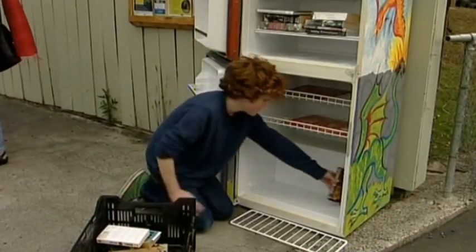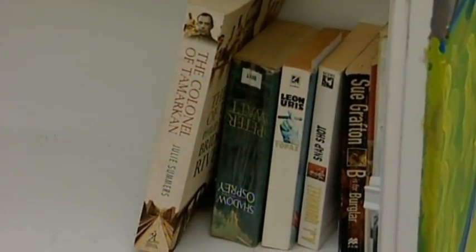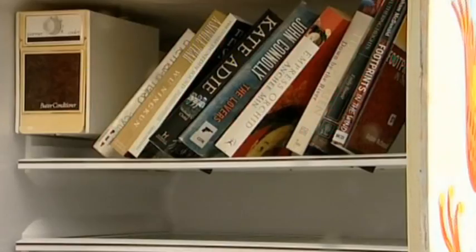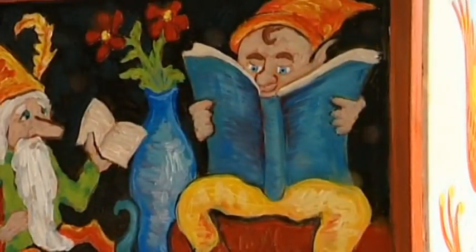Stocking the fridge with something a bit different. Dozens of books are now available free of charge to anyone passing by this spruced up piece of whiteware in North East Valley. It's the latest site in the Lilliput Library's project, started by local arts charity Poems in the Waiting Room. So the whole idea of Lilliputs is that people just come along and they take a book